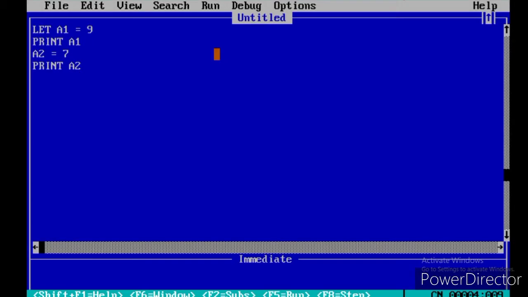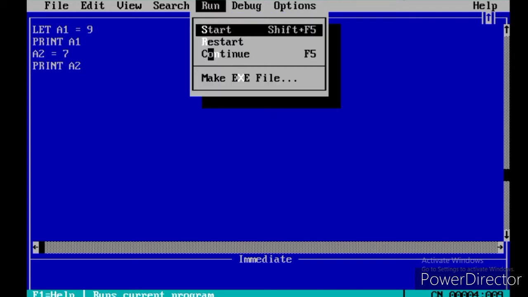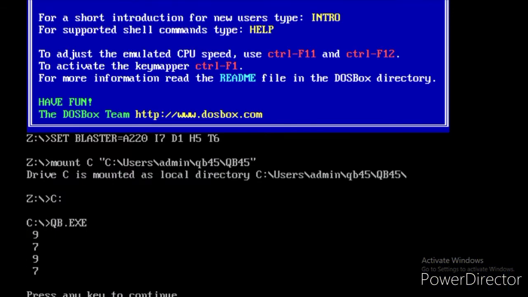Okay. Now again I'm showing how it looked. It looked like this, 9 and 7, and it has repeated a second time. The compiler has compiled the program and you are getting the output. Then again there's a press any key to continue. I'll come back, but this time I will use a clear screen command CLS and then I will run this program and you see how it looks. Okay, let's go back to our original program.